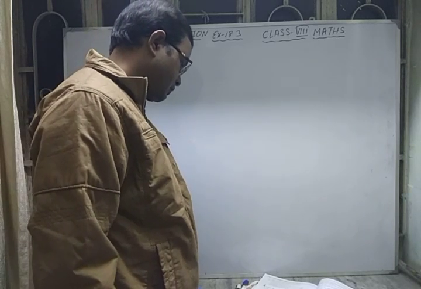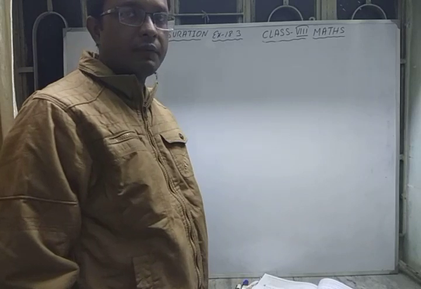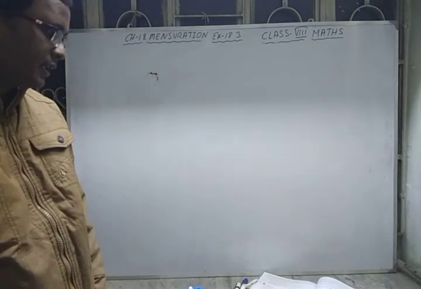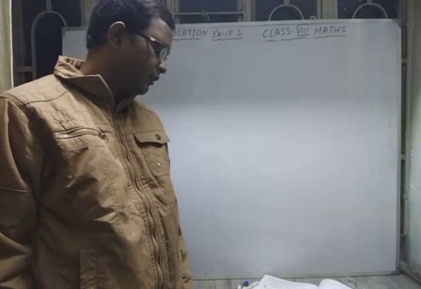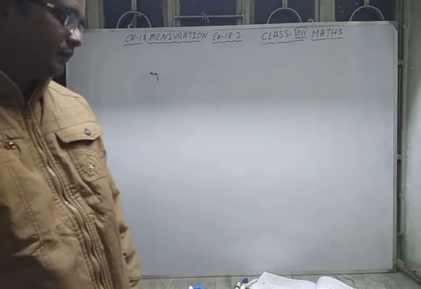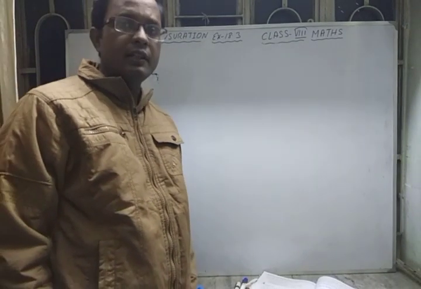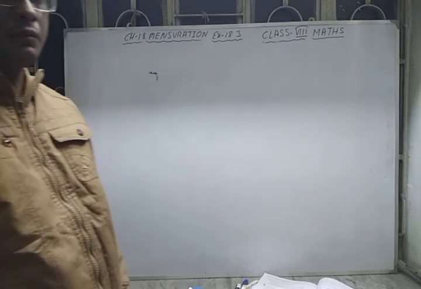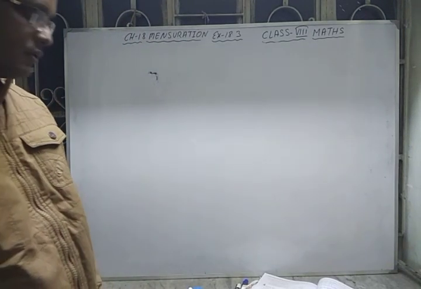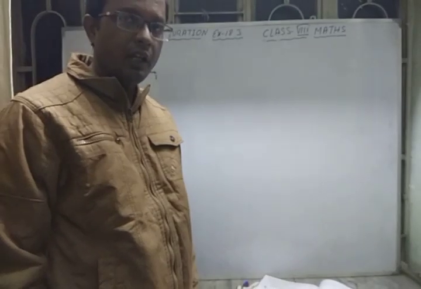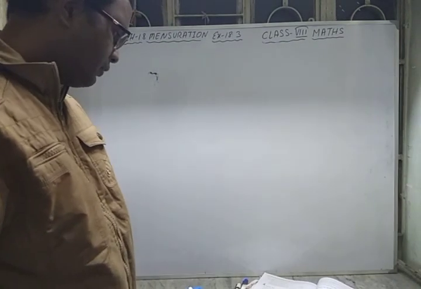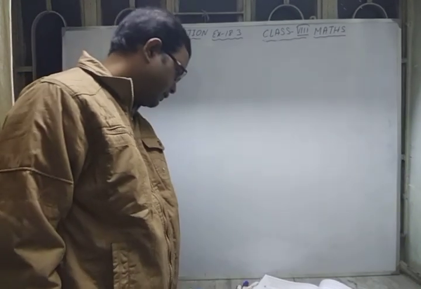Okay. So the total surface area is given. From total surface area 6L square, you can find L, meaning the length of each side edge. Once you get the length of each edge, you can find the volume also, side into side into side, or L cubed. So it's an easy question. I'm not going to solve this.